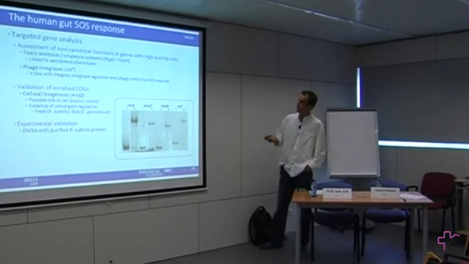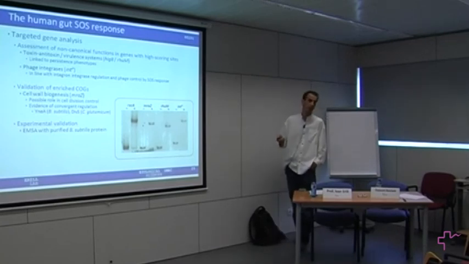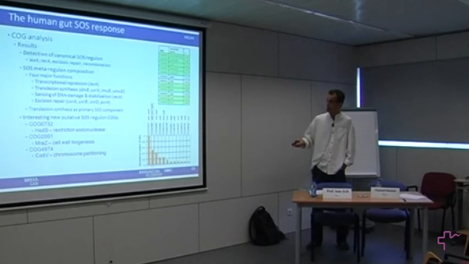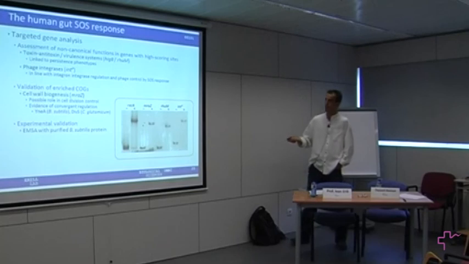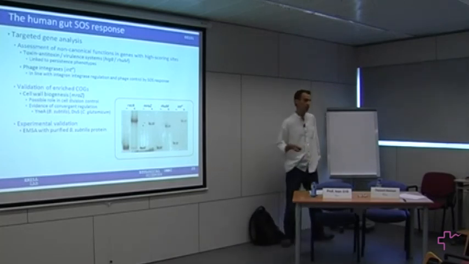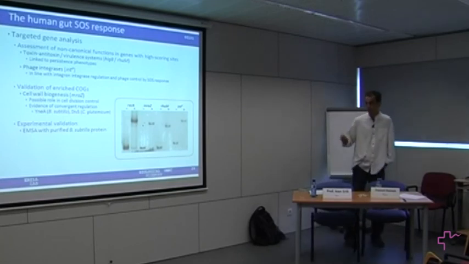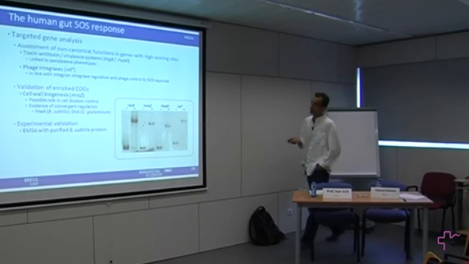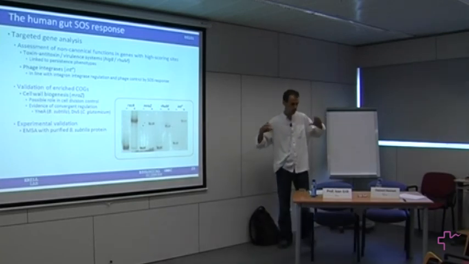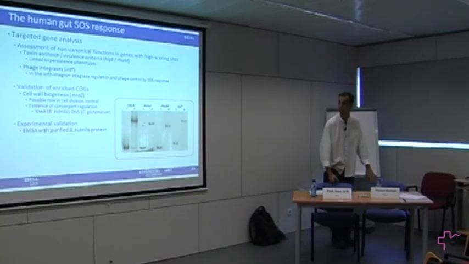And also we validated one of the cogs that we had shown were enriched in our previous analysis. So the cell wall biogenesis cog, we validated one of the sites that were associated with MRAZ, which is a gene involved in cell wall biogenesis. And again, we could show that it was bound by LexA in vitro. And so that sort of shows evidence of convergent regulation of cell